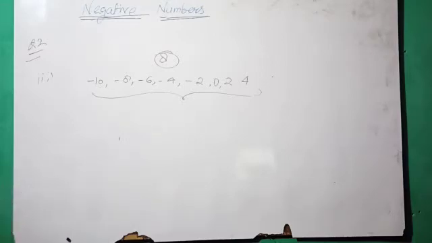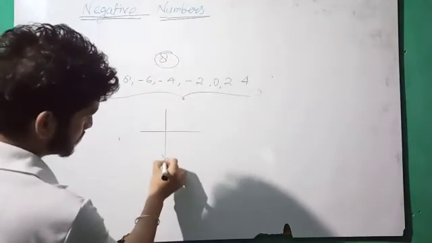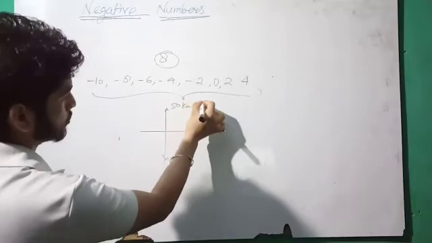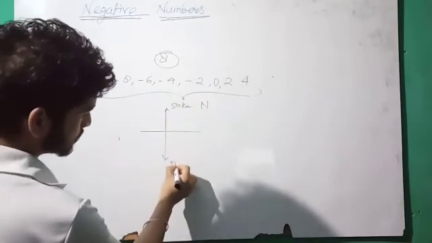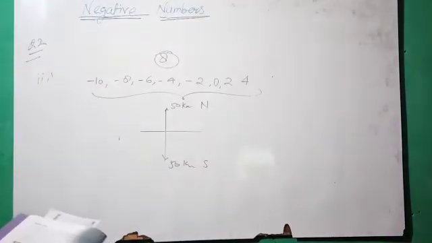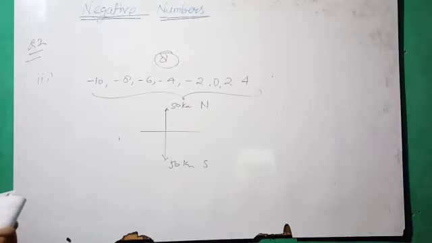Okay. Question number 3, write the opposite of the following. 50 kilometer south, north, south. This is south, so the opposite of that is 50 kilometer north. 50 kilometer south is this, so 50 kilometer north is the opposite. Similarly, you have to do all the parts in your fair copy. Move to question number 4.